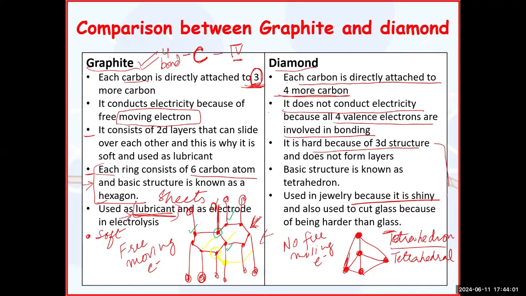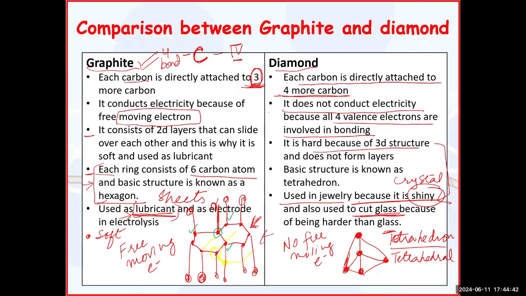Because of its hard structure, diamond is used in jewelry because it is shiny, as its 3 dimensions are forming a crystalline structure. So it is used in jewelry because of shininess in its crystal form, and because of its hardness, it is used to cut glass. The uses of diamond and graphite are also asked in exams for 2 marks. Sometimes they ask you one use and the reason. So let me tell you both ways.